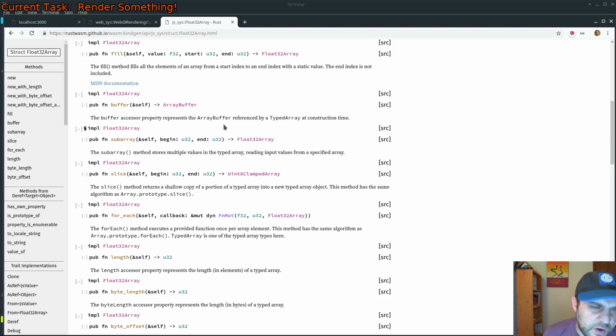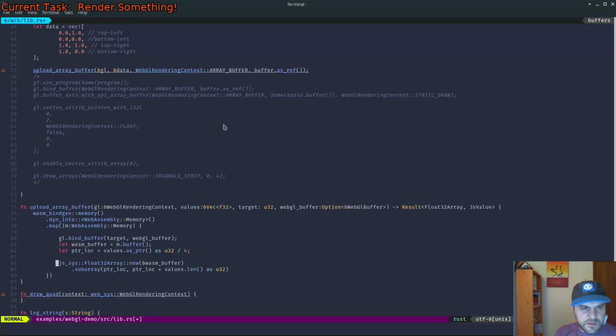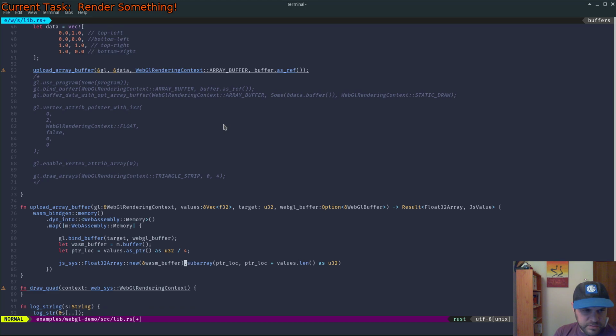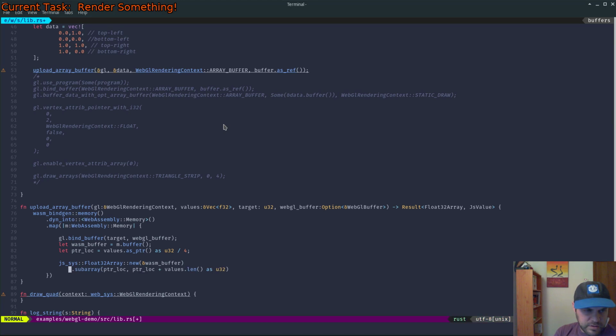Oh, so why? It's kind of confusing. All right, so subarray. Oh, all right. Okay, so that just gives us, oh, all right, we're getting a Float32Array of the